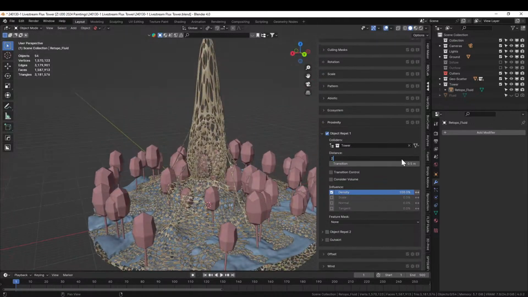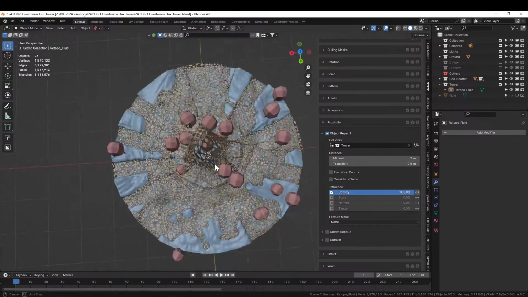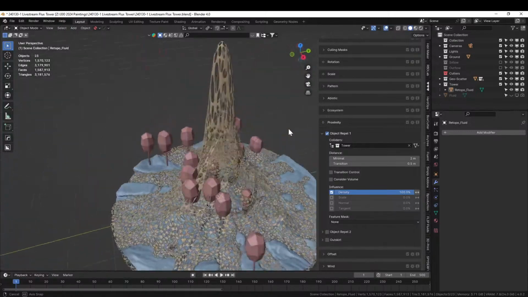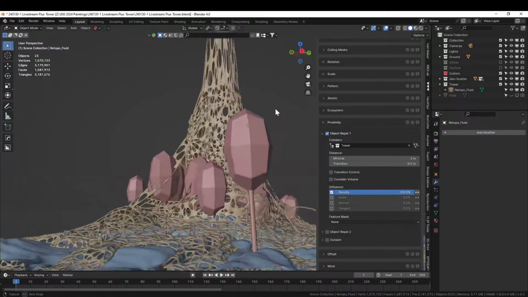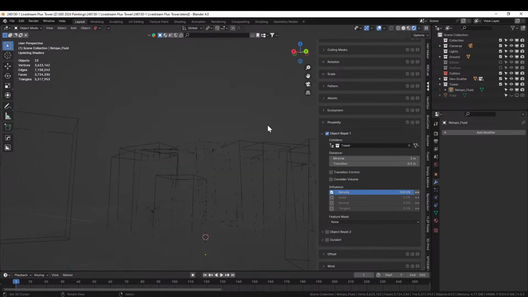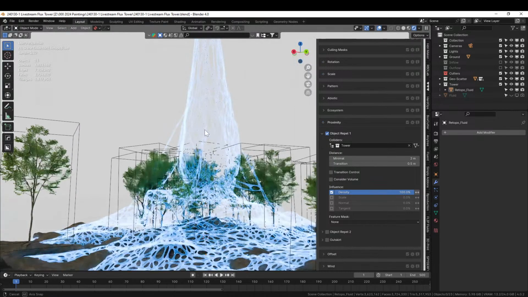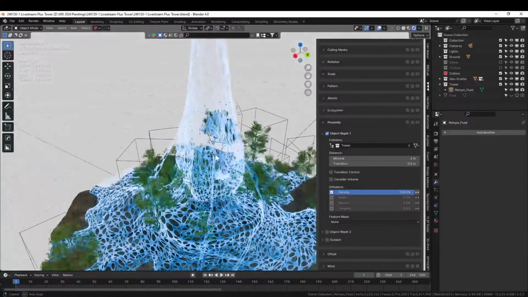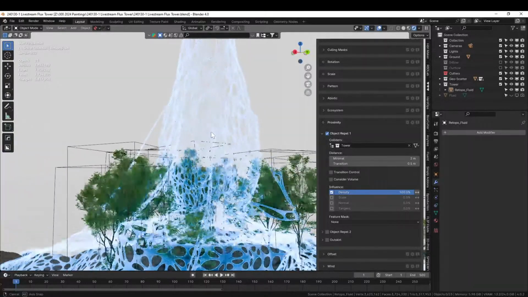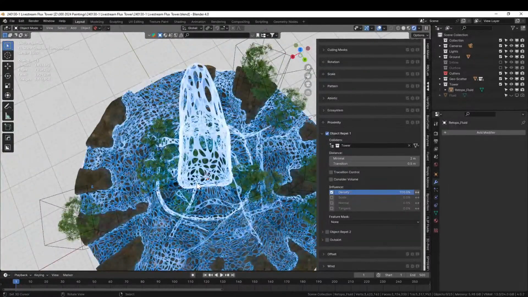Distance of 2. I might even have to kill it from just inside. Unless we want it to go through the trees. I don't know. Let's just see what it looks like. I don't think I want it to go through the trees,